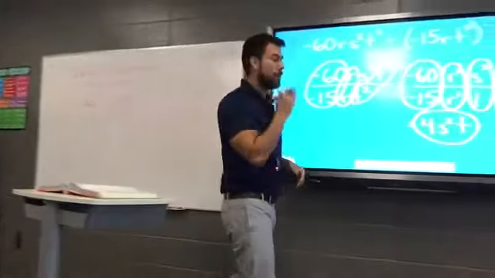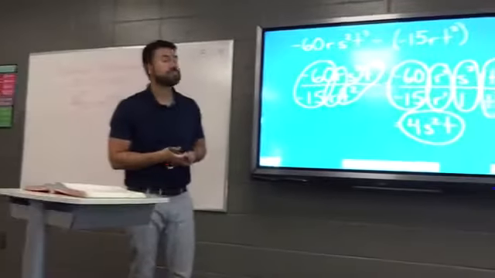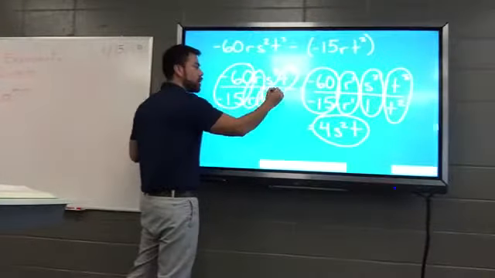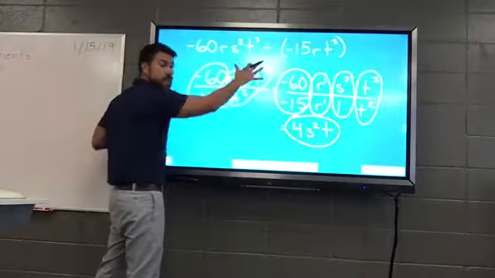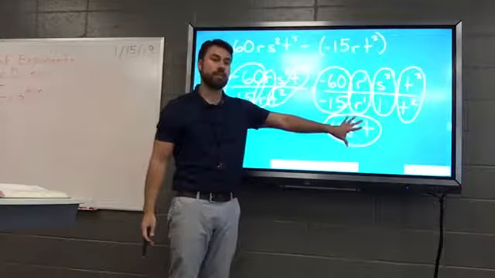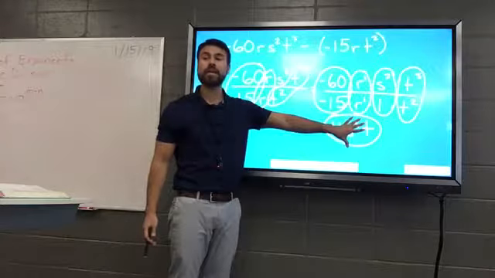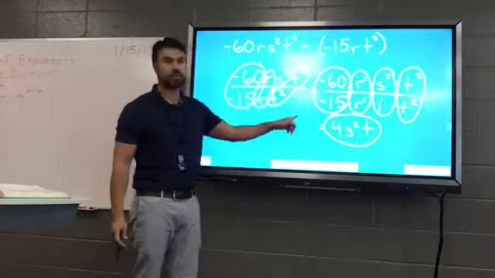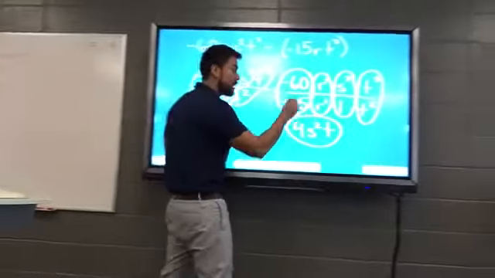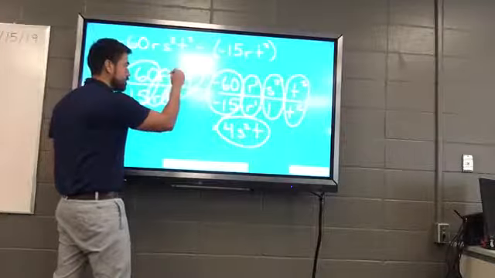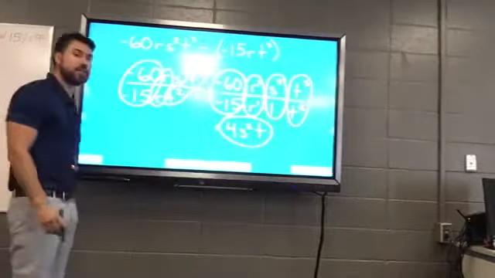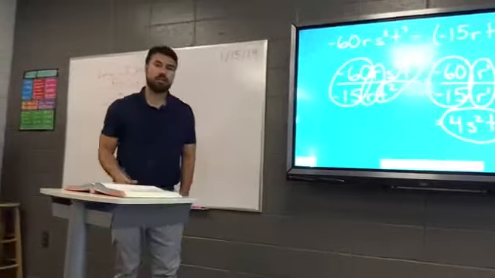Yes, ma'am? What if the s squared was on the bottom and there was no s squared on top? Ooh, actually, thank you for bringing that up. Let's say s squared was on the bottom with nothing up top. So in my answer, where do you think s squared should be? Or what is 1 over s squared? 1 over s squared. So if that were the case, there's no s on top, you would have 4t over s squared. You leave it in the denominator. Yeah, it's a fraction. For now,